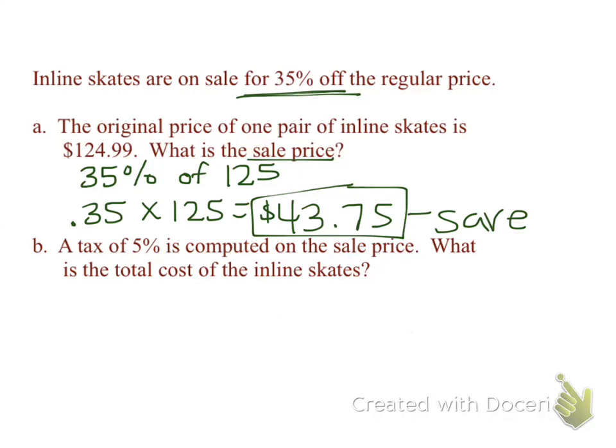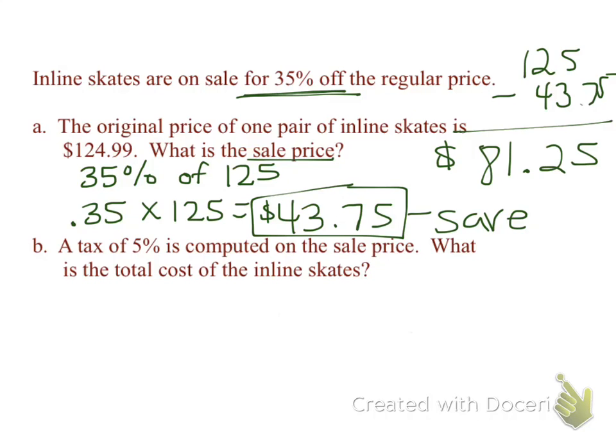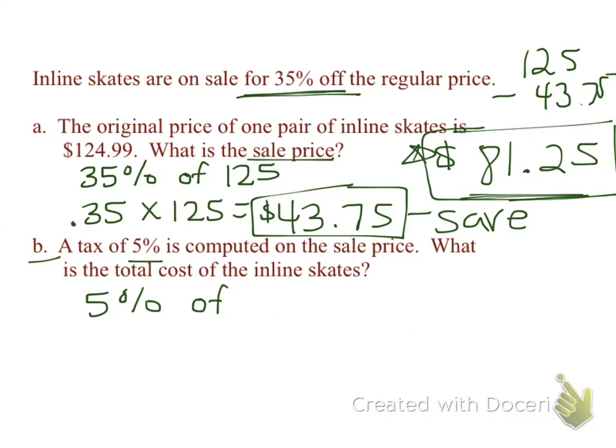So I need the sale price, so that's when you need to subtract. So you take your original price, subtract from it what you just saved. When you're all done, you should have said, hey, I'm going to only have to pay $81.25 for my inline skates. So there's your final answer. Question B, now I need the tax. So if you find 5% of my sale price, so now you have to go back to your answer up here. If you find 5% of this, hopefully you're doing this again,